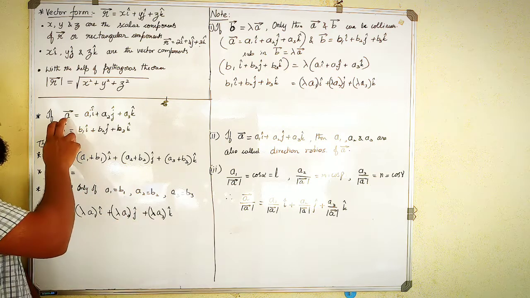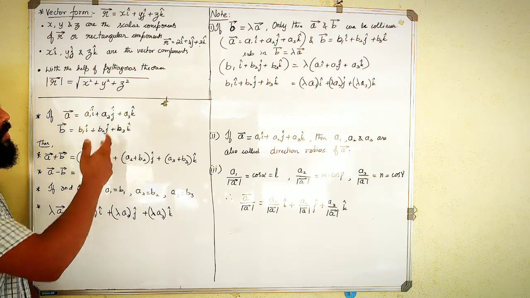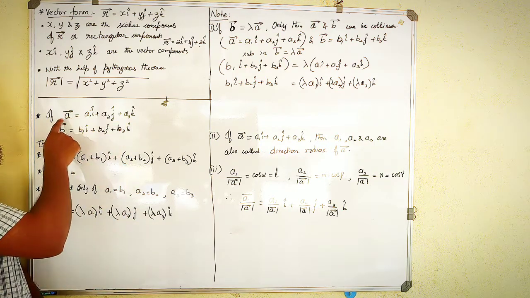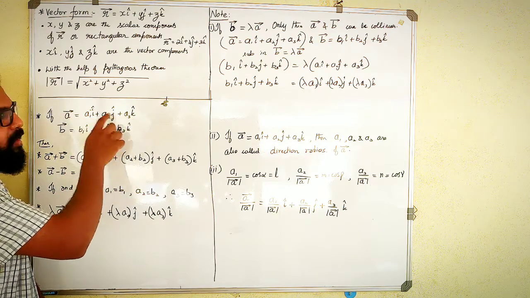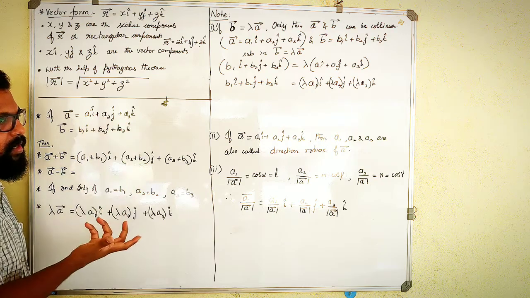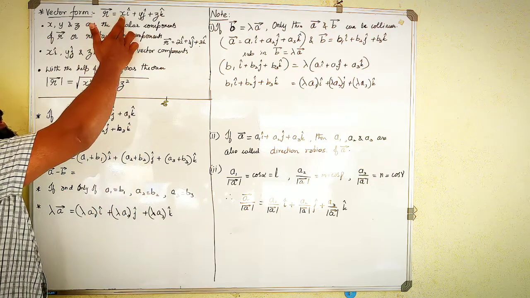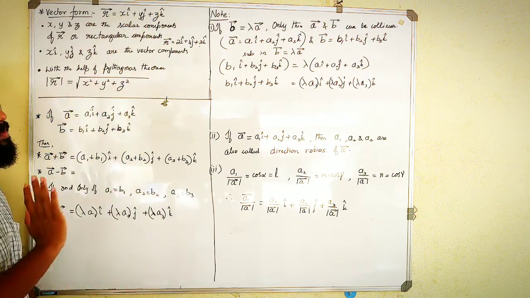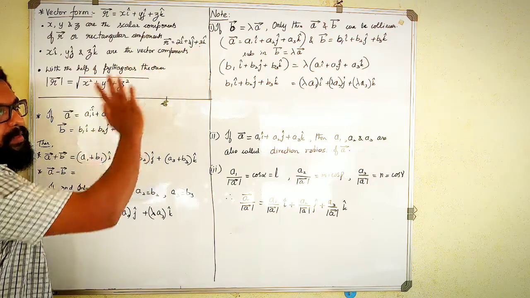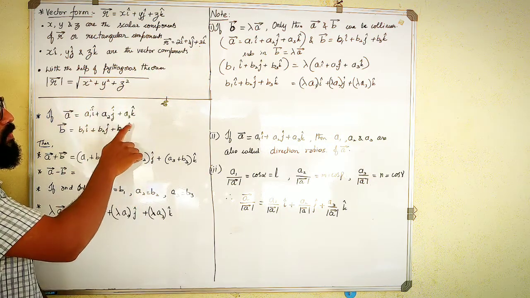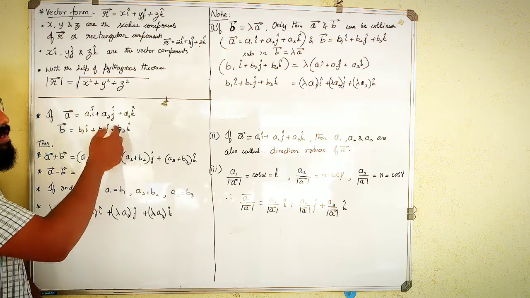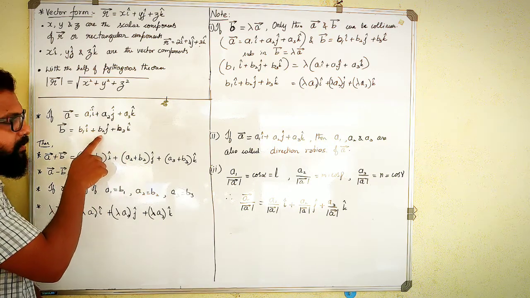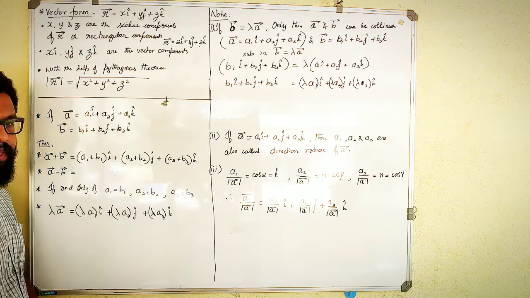So you can see, if any one of the vectors is given in the form a1 I cap plus a2 j cap plus a3 k cap, where a1, a2, a3 are nothing but scalar quantities like x, y and z over here, or they are numbers, like 2, 4, 3. Something like a number will be given to you in the question, and another vector also will be given in a similar way. Let us take that as b1 I cap, b2 j cap and b3 k cap.